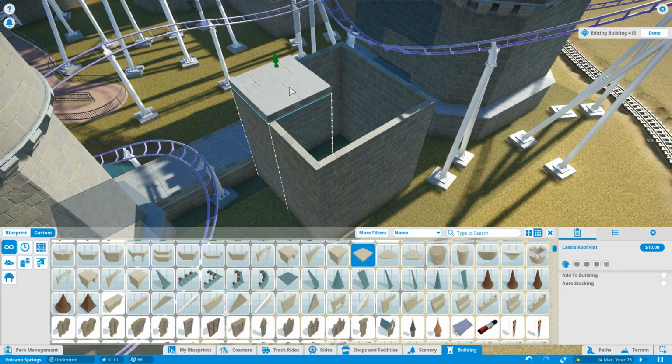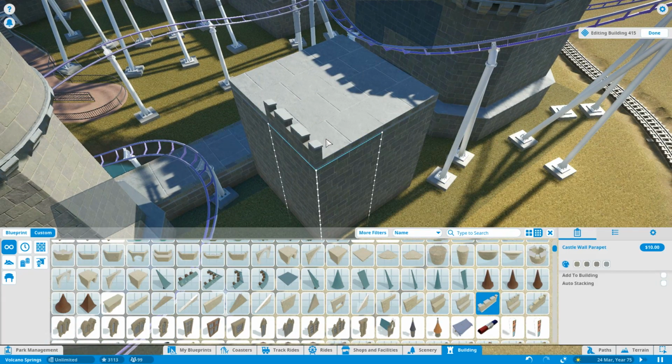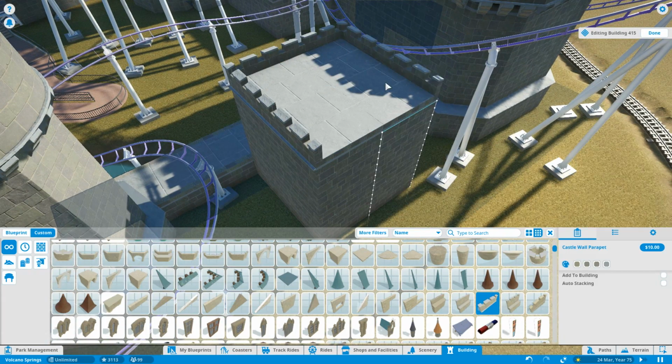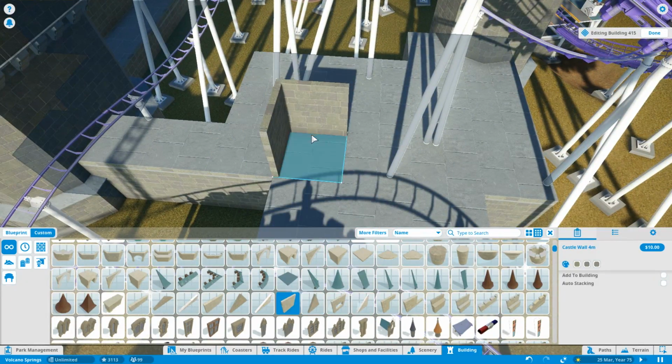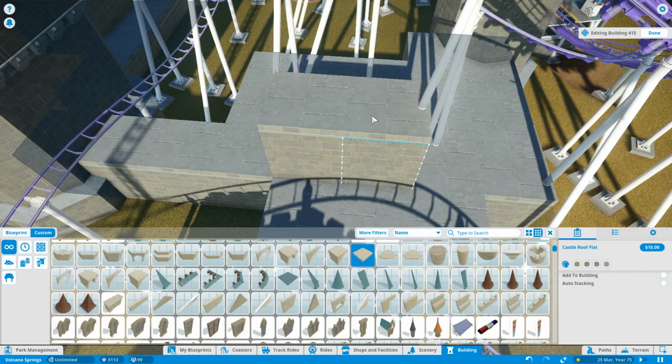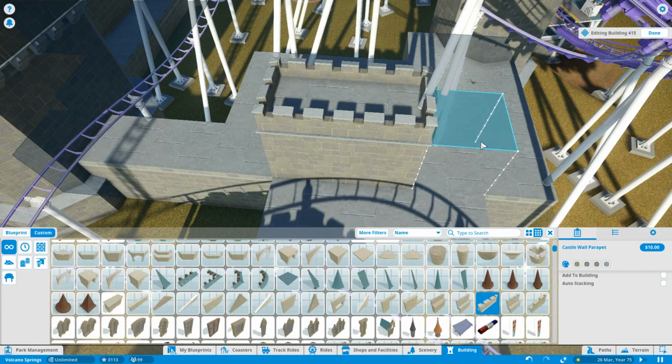So there's going to be plenty of those on this, and I know it's only a junior coaster, but I do want to make sure that you've still got some good near misses, and that's a really good one there. You can see how it interacts quite heavily. I do love my buildings, I love doing scenery so much,